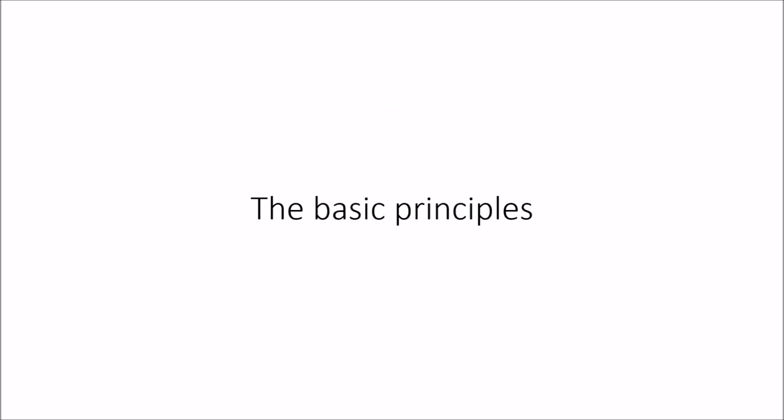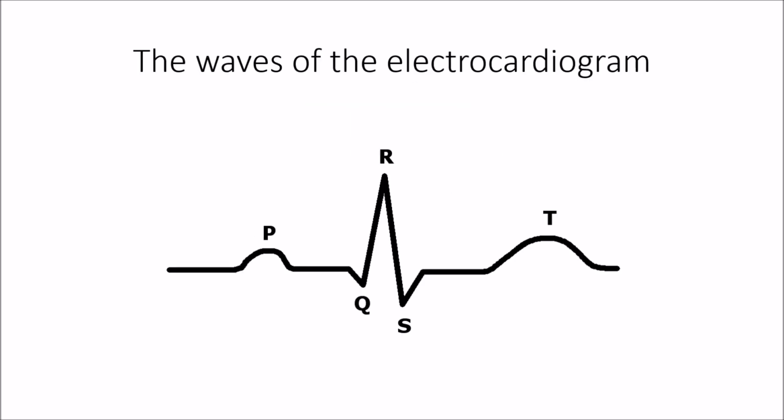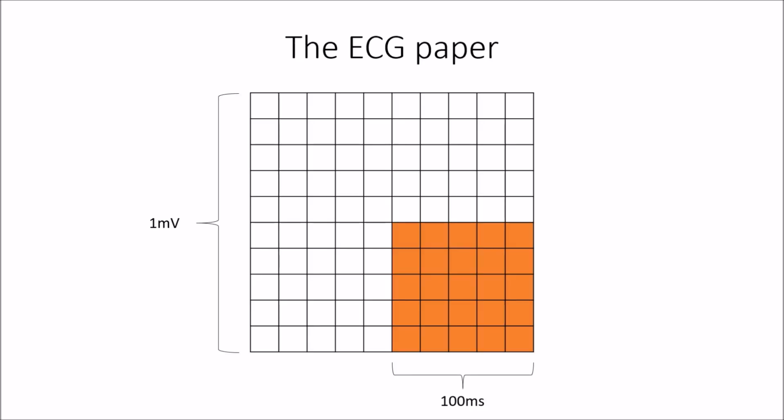Now we come to the basic components. The waves that have just been mentioned have names, of course. The first positive wave, for example, is called the P wave and so on. All these components are printed on the so-called ECG paper, which is standardized. Here, either 25 mm or 50 mm on the paper correspond to 1 second. This is called the writing speed.